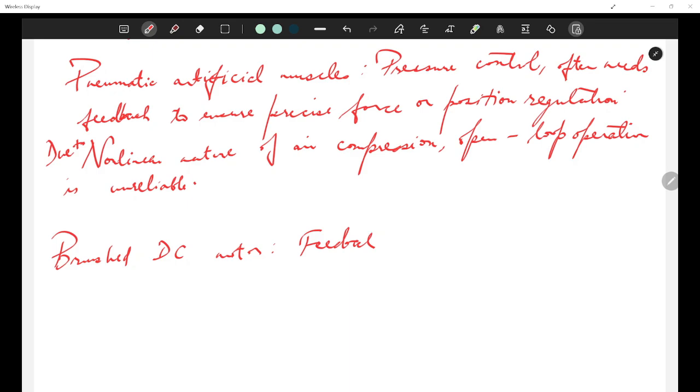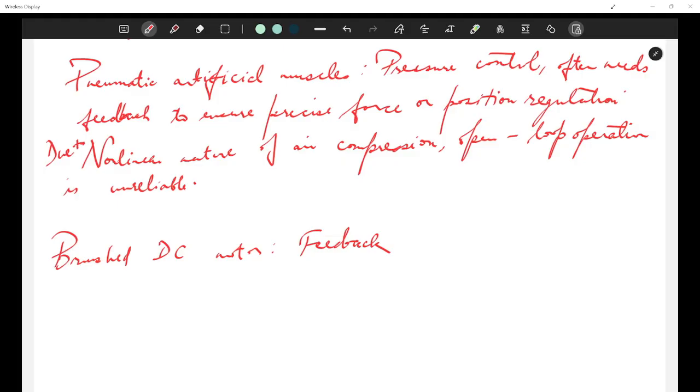Is it not visible? Yeah, I'm writing on the screen. Can you confirm if the things are visible?